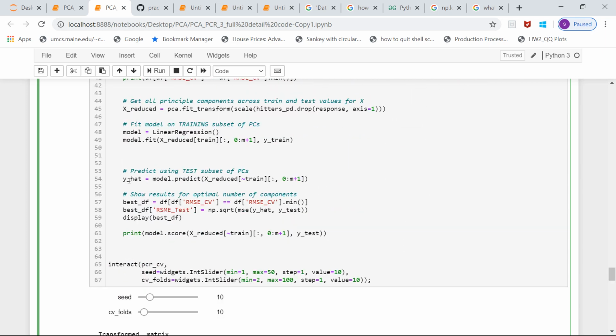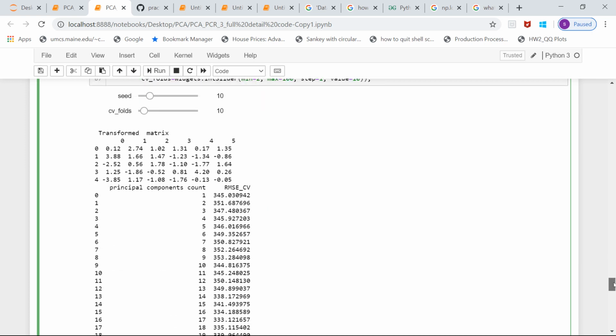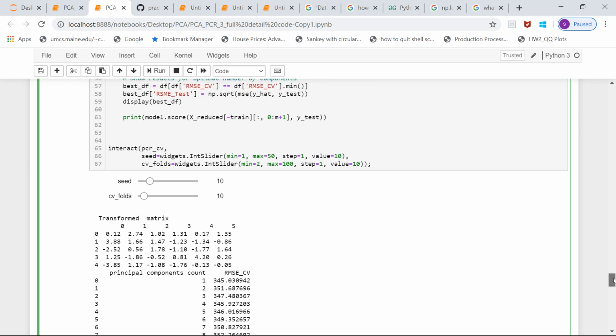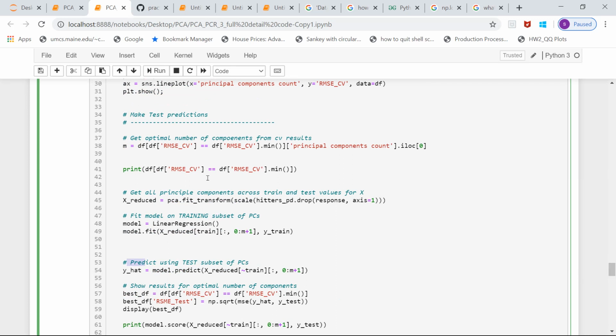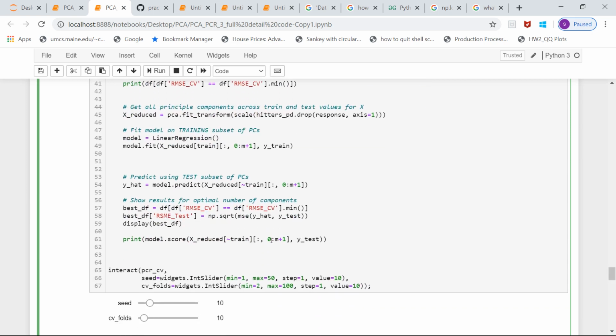Then we will do the prediction. We'll use the same model as what we have done in OLS. We'll say that you take the reduced data set and only pick the first n number of principal components which gives me the least MSE. Here M suggests the same. Here the output of M will be 17. We are assigning the minimum of the MSE to M and then calculating the y hat.